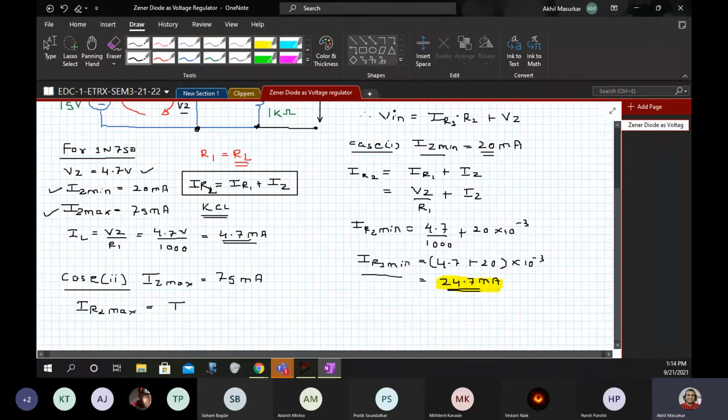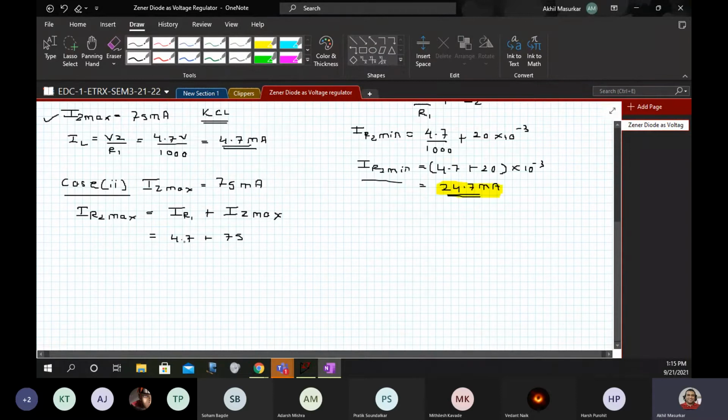Again IR1. As you know, the load current will not change. Only the Zener current will change. So this will be Iz max. IR1 is also the load current, that is IL, that is 4.7, and Iz max this time is 75 milliamperes.